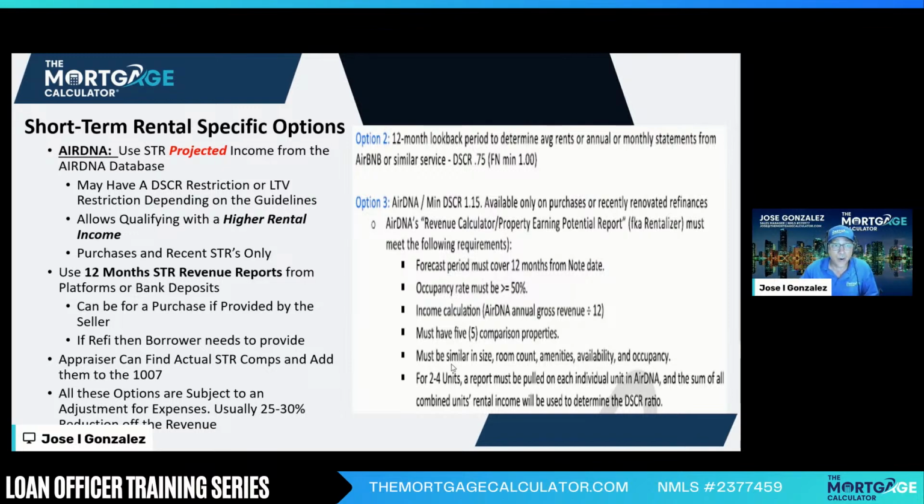So notice the part I talked about must be similar in size, room count, amenities, availability, and occupancy, because these comps do have occupancy calculations also there. And then notice if it's a 2 to 4 unit, you need an Air DNA report for each unit: Unit 1, Unit 2, Unit 3, and Unit 4, or as applicable. So you can see how we break it down with the DSCR